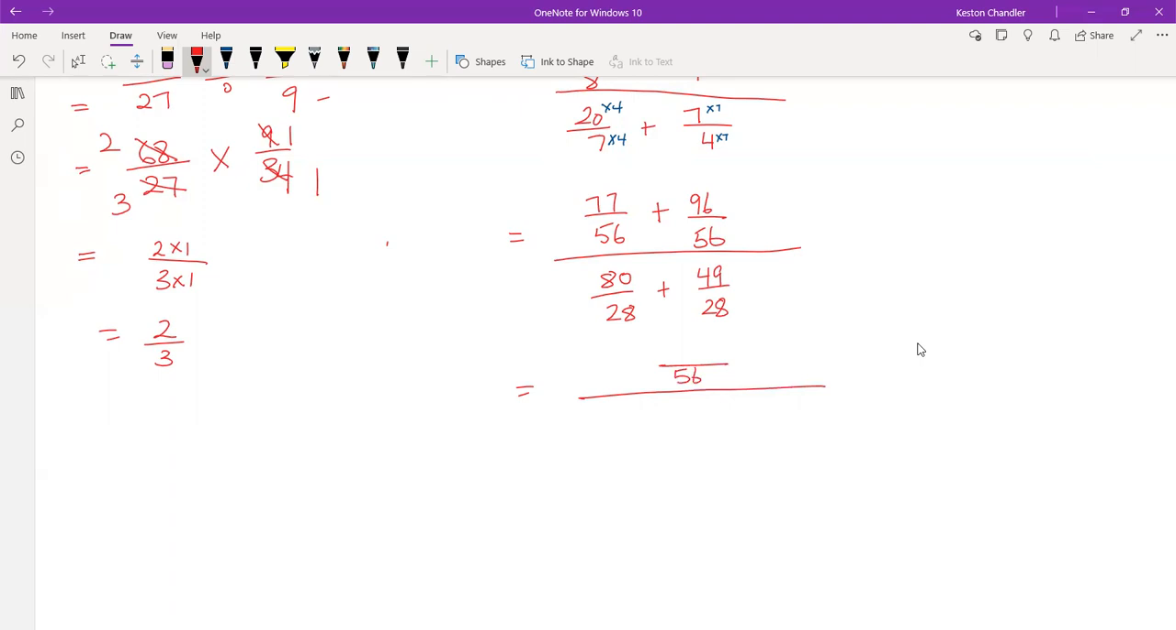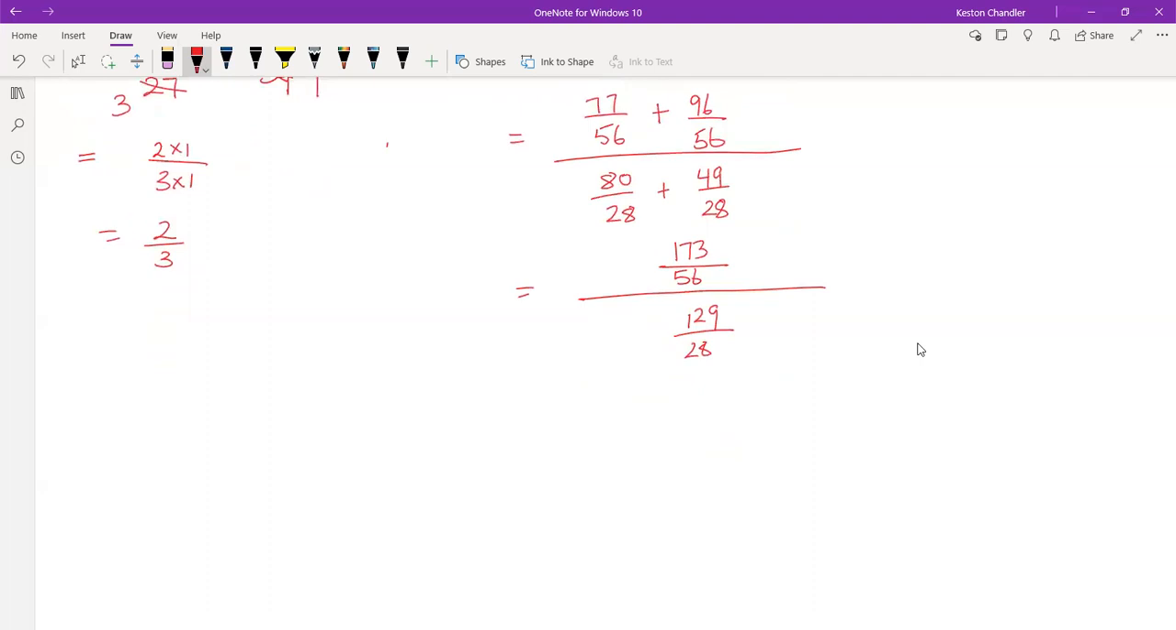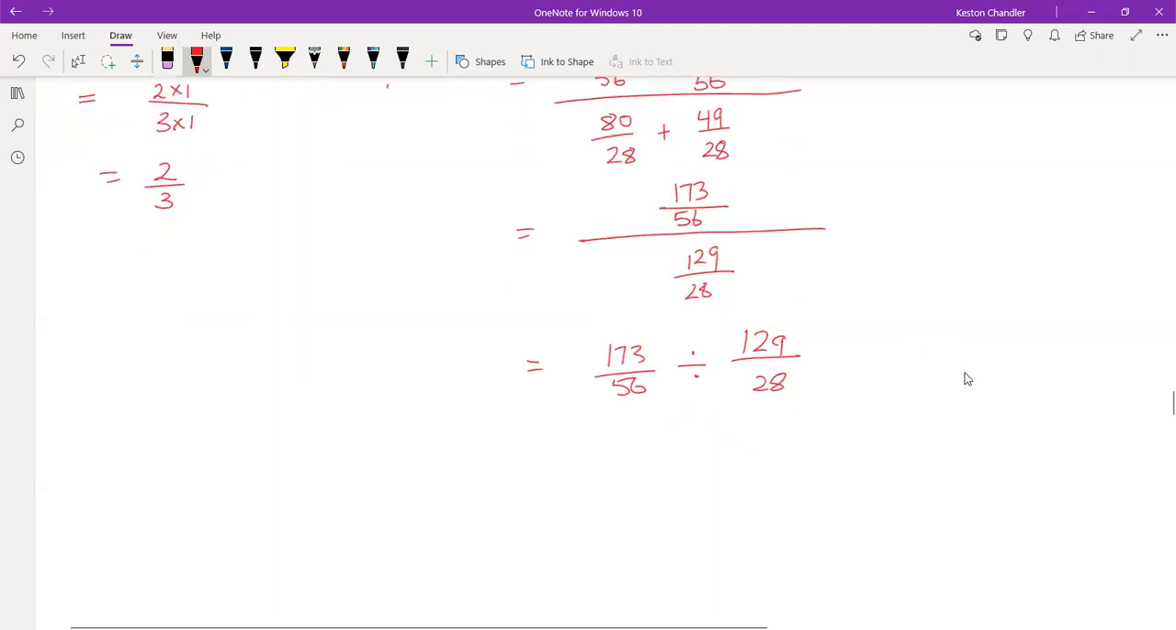77 and 96 is 173. Underneath we have 80 and 49, 40 and 80 is 120, 129. And then we could write this a little neater. So we have 173 over 56 divided by 129 over 28. And when we divide fractions,